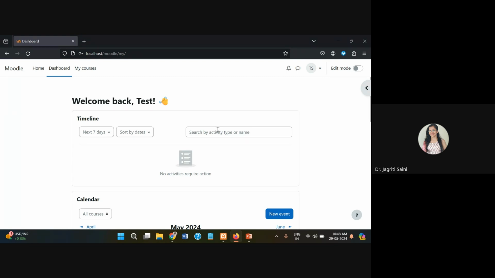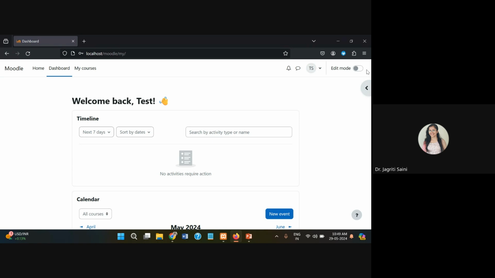The email ID and password that we have inserted, you have to just tell your student that by using these credentials, they can log into this Moodle website, and then they can just again go to the profile section to change their password as required. I'll not be explaining that again because we know how we can change the password. So on the student side also, they have to do the same. This edit mode will not be useful for the student side. They will not be able to make any change in the